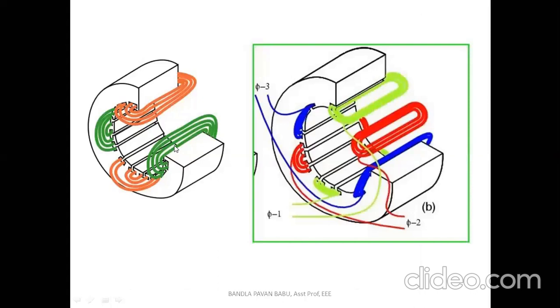So look at this diagram. Here is how the three-phase windings are placed in the stator. This is the set of windings. Consider this a phase: green color is one phase, and orange color represents another phase. Just two phases I have shown here. This is the cut view of the stator. See here from this second diagram, diagram B: blue color is one set, light green color is phase 1, red color is phase 2, and this is phase 3. Likewise, they place the windings in the stator.